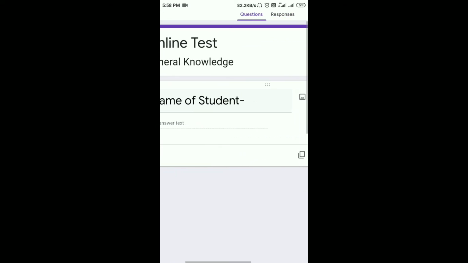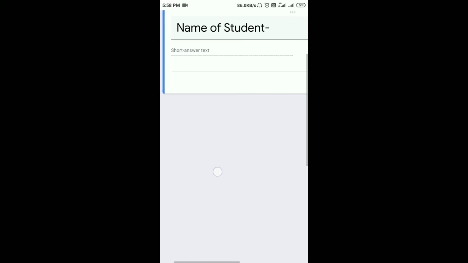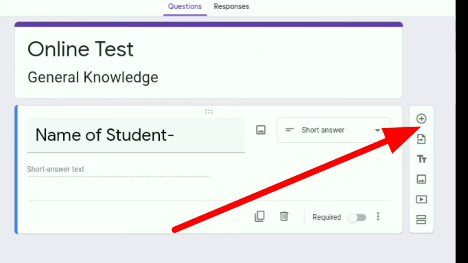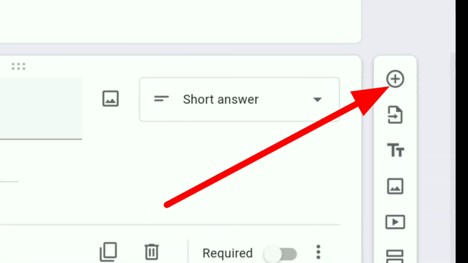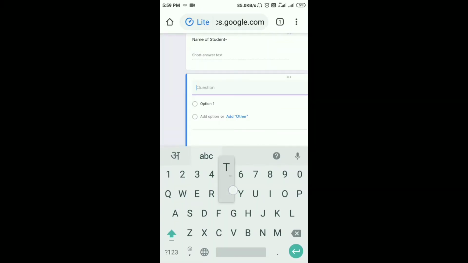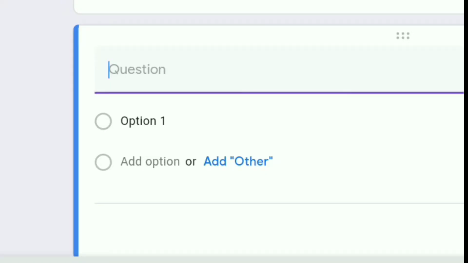Okay, now the second. How will you get it? Just press on the plus icon and you will get the next column. If you want to collect anything other than the name of the student, you can write it here.